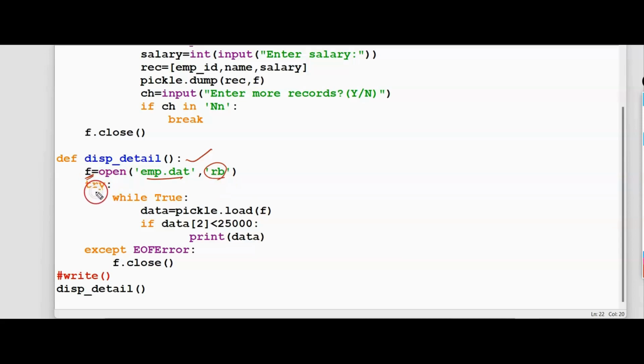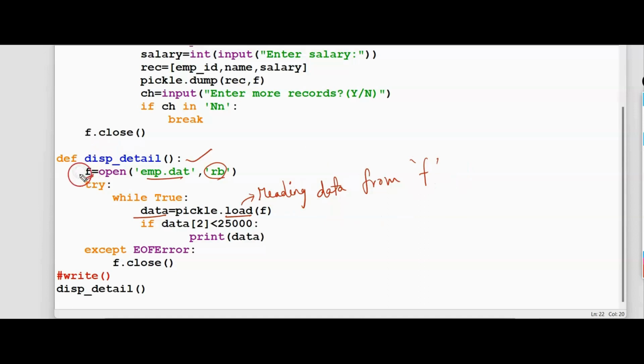Under the try block, we open a while True loop and we load the data, that means reading the data from f, which is the file handle.